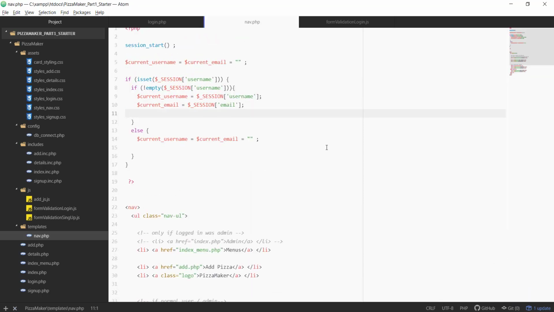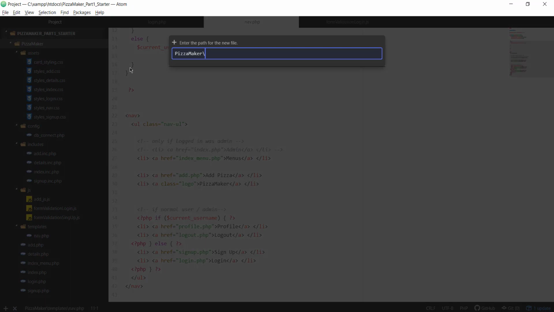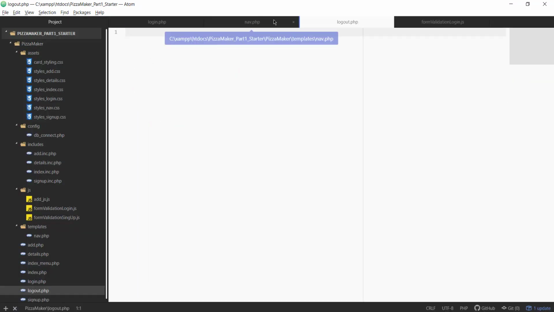One last thing, I want to have something like an admin access. So first of all, we need to do the logout in order to be able to log in again. So how can we do the logout? It is as simple as that. I'm just going to create a file that is called logout.php. This is going to be a little bit different,